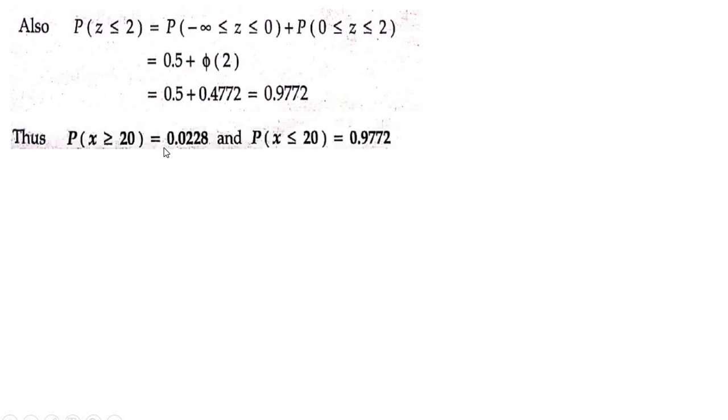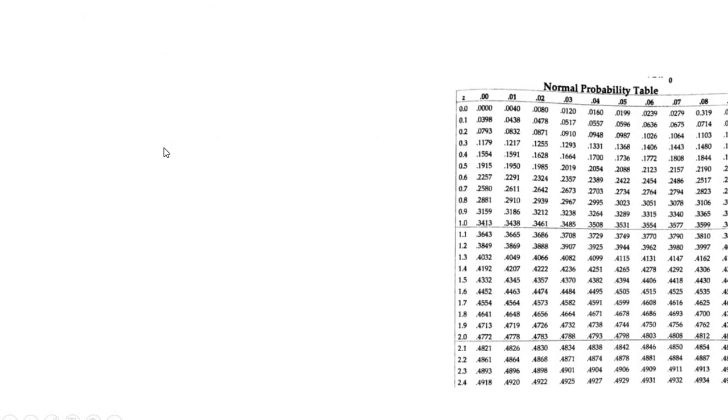If you have P of Z greater than or equal to Z1 less than or equal to Z2, then that is equal to phi of Z2. Now in the place of Z2, what you have? You have 2, right? So this is equal to phi of 2. Phi of 2 we have already found in a previous sub question, so similar thing you have to substitute here. So phi of 2 will be equal to 0.4772. Add the two values, so that will sum up to 0.9772. Now we'll move on to the next question.